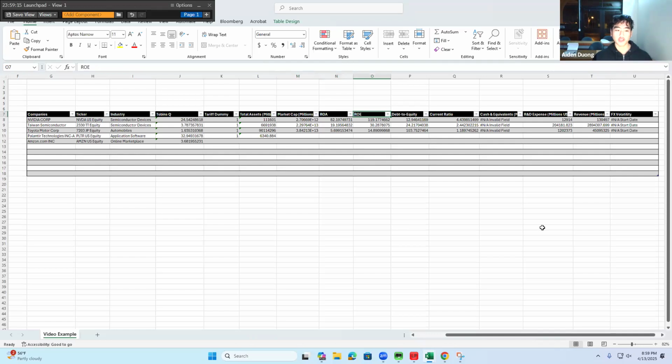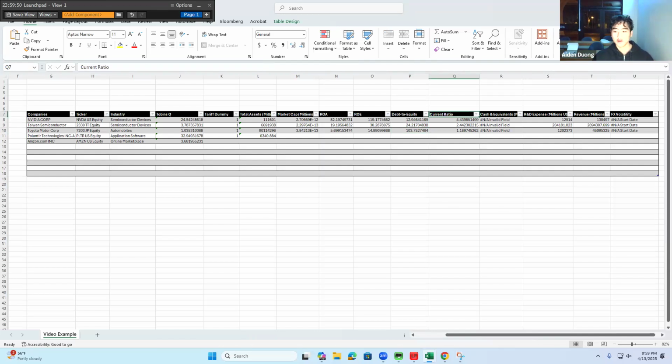Return on equity is profit generated for every dollar of shareholders' equity. It shows how well the company rewards its shareholders. And then we have debt to equity. It is a ratio showing how much debt a company uses relative to its equity. For this ratio, a higher number means more reliance on debt. So this is not a good value if it's higher. For example, we have Toyota here at a 103.75 debt to equity ratio, indicating that it highly relies on its debt